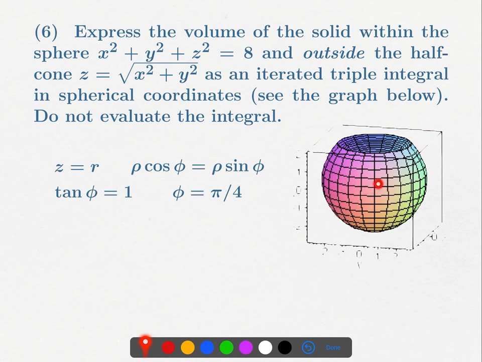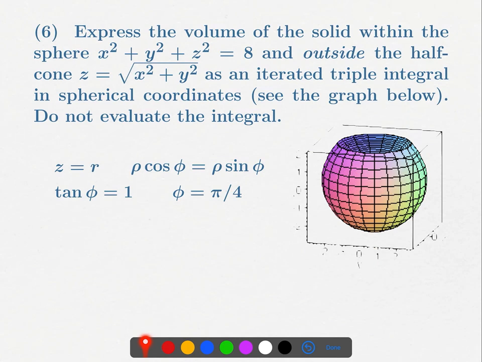Phi is going from this cone. That's the smallest angle. Remember, start at the positive z-axis. We're moving this until we get to the solid. That's when we get to this cone here. That's the first time you hit this solid if you start at the positive z-axis and turn this way. So phi is equal to pi fourths there, and then we go all the way down to the negative z-axis, and there phi is pi. So phi is going from pi fourths to pi, from this cone down to the negative